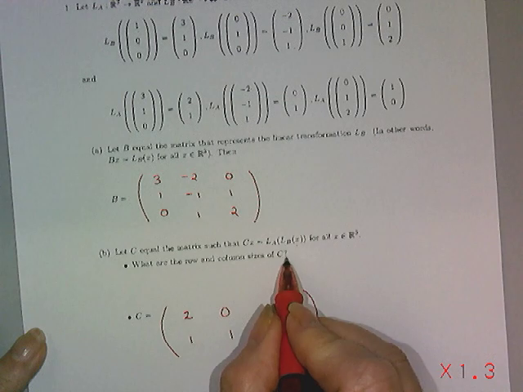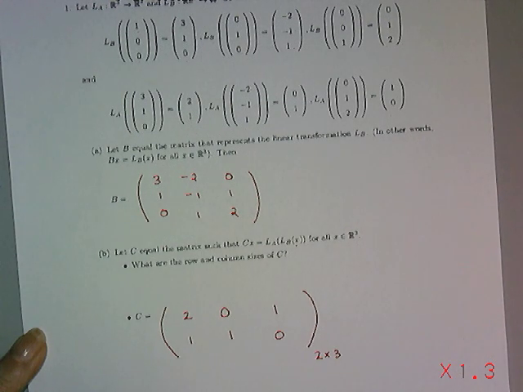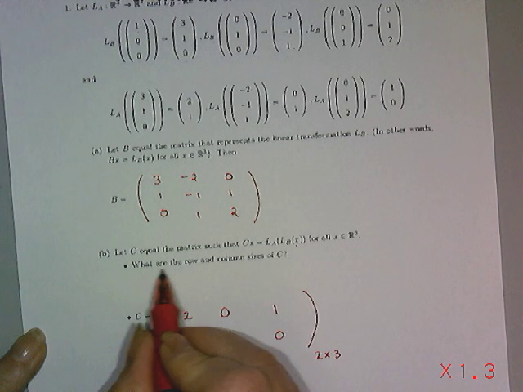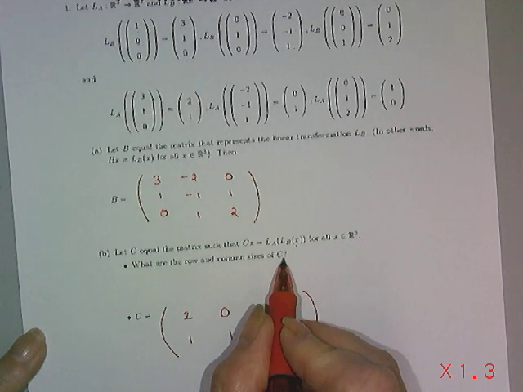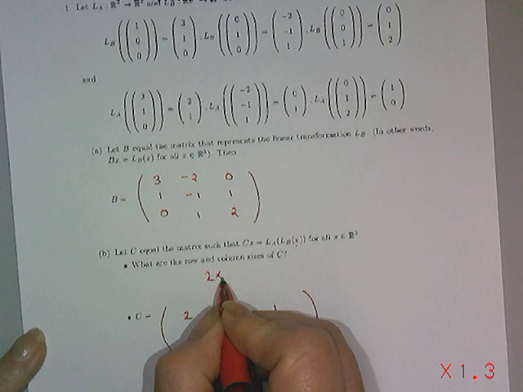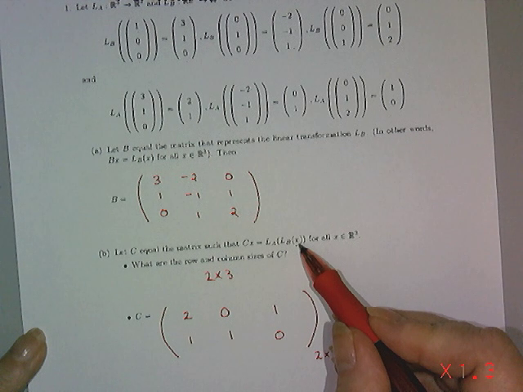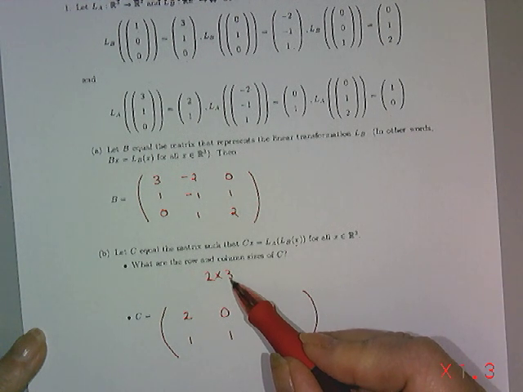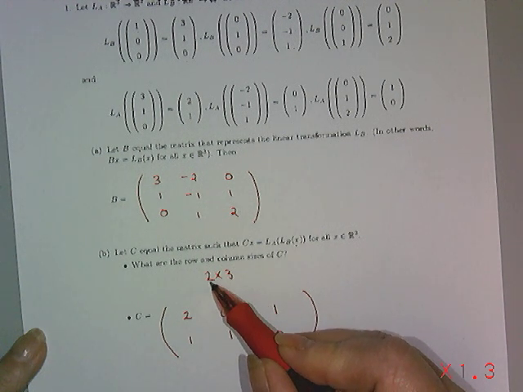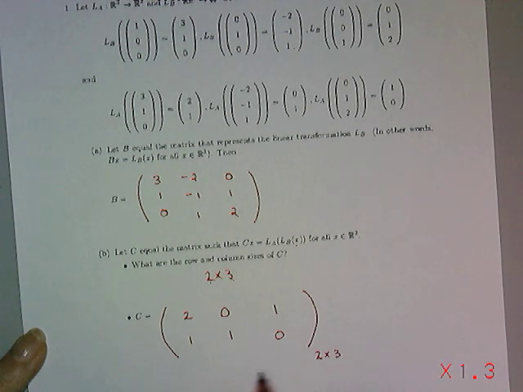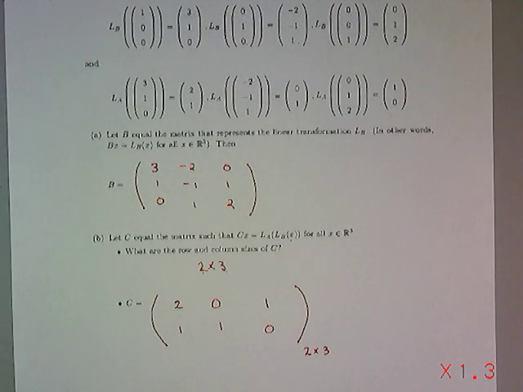Now, I could have answered the first part of this question first, but I decided not to. What are the row and column sizes of C? It's a 2 by 3 matrix. How did I know that? It's basically because the size of the input was a vector of size 3, and the output is a vector of size 2, so I knew it was a 2 by 3. But describing it, it was easy to see that there were 2 rows and 3 columns in the solution. So, our first problem